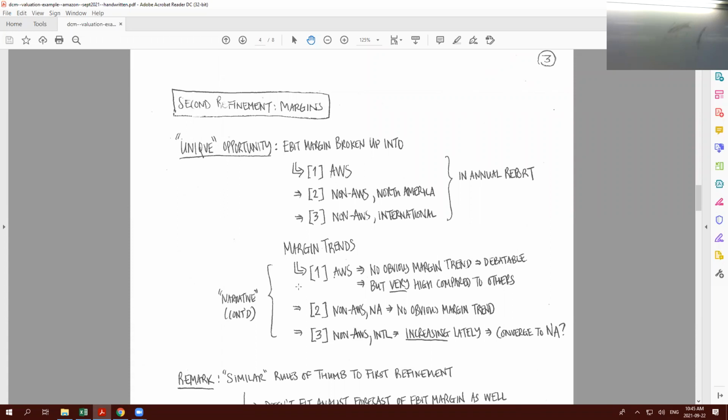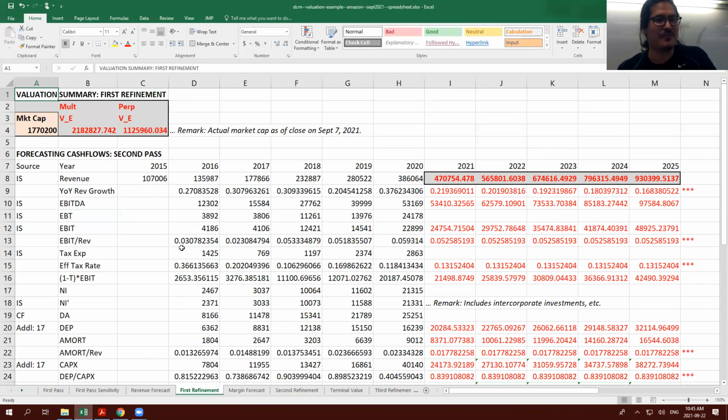Oh, by the way, one thing I didn't do is tell you what the valuation is in the first refinement, after improving my revenue forecast. Again, this is a bit outdated because that was from two weeks ago. But the numbers I now get are 2.2 trillion and 1.13 trillion. So I'm still way up. Maybe the average is a bit better than before, but the reason I almost forgot to tell you this is because at this stage, I don't actually care that much